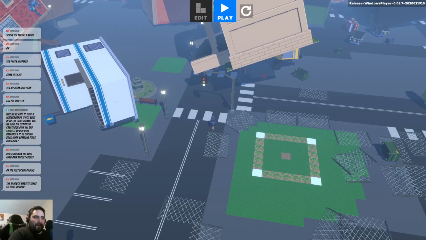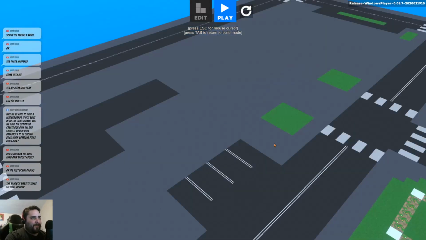You should be able to make something like a hoverboard within the game maker. So what I can do right now,